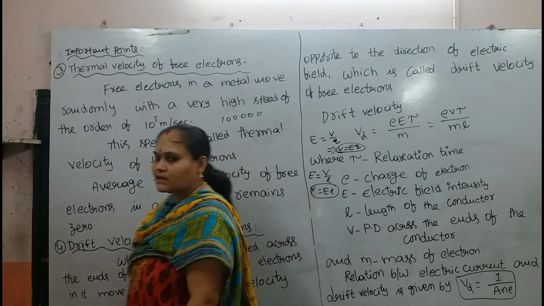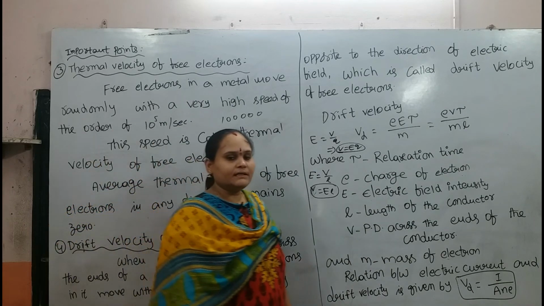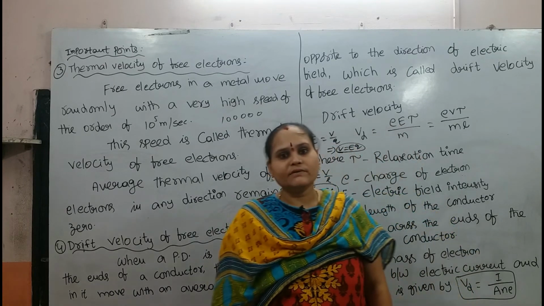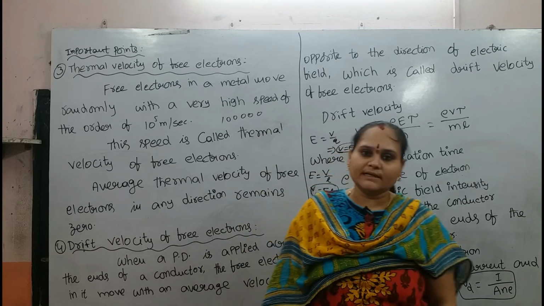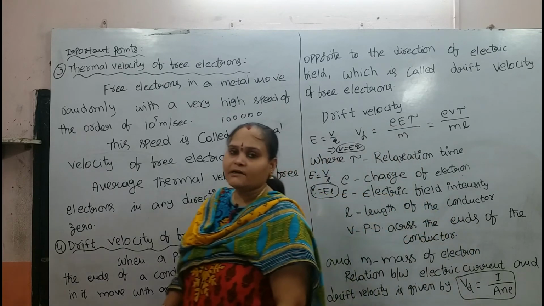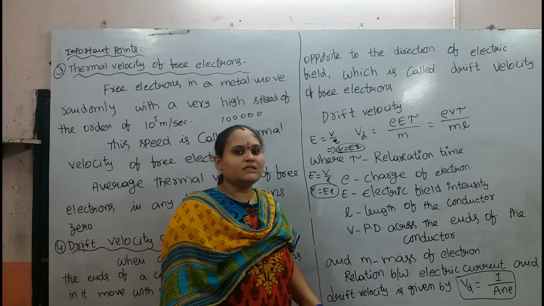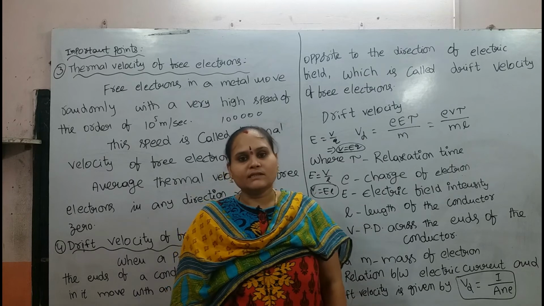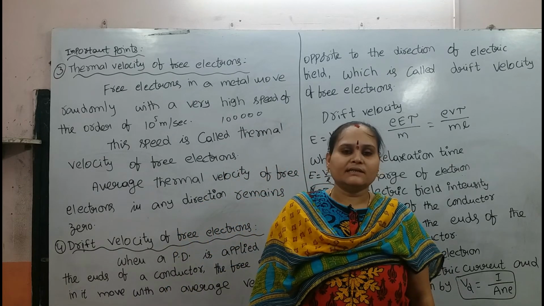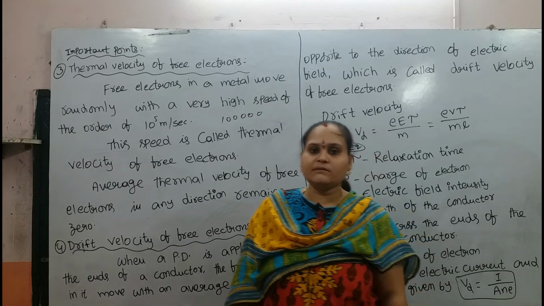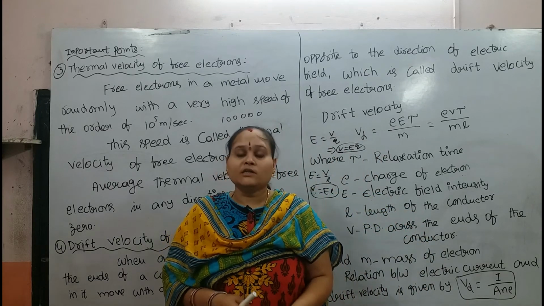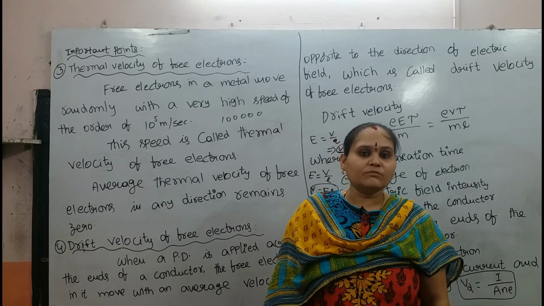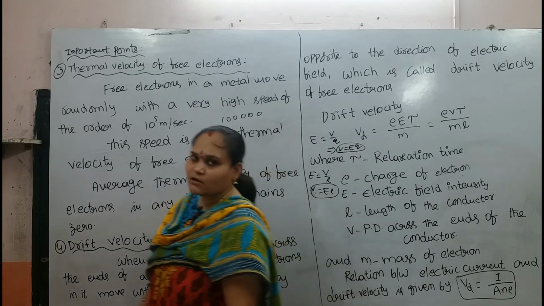So next one is the types of current. According to their magnitude and direction, the types of current can be divided into two types: direct current, DC, and alternating current, AC. In DC current there is no change in magnitude and direction with respect to time. The DC dynamo, cell and battery are the sources of direct current. In AC, alternating current, the direction and magnitude change continuously and periodically with respect to time. AC dynamos are the sources of alternating current.